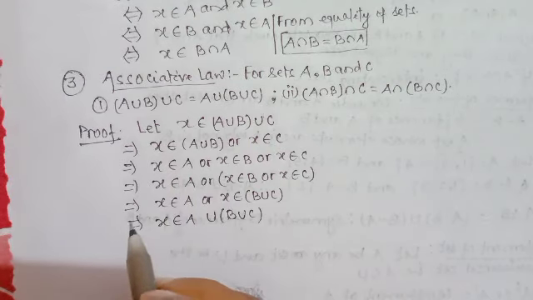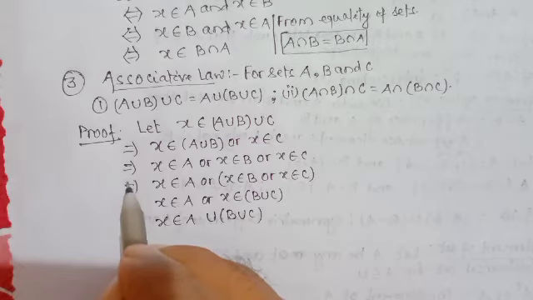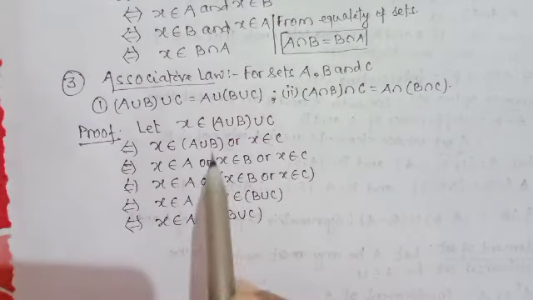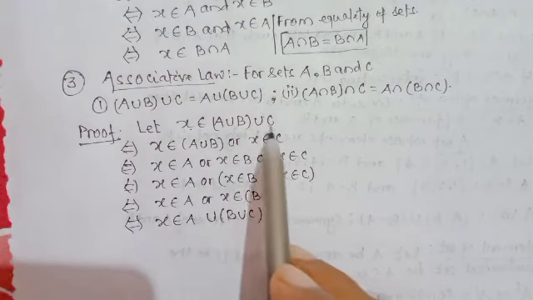Again, if we write implies and is implied by, it means X belongs to A union B union